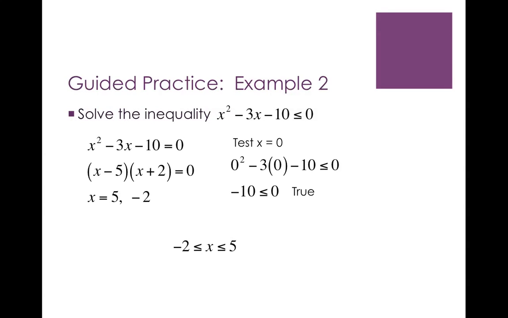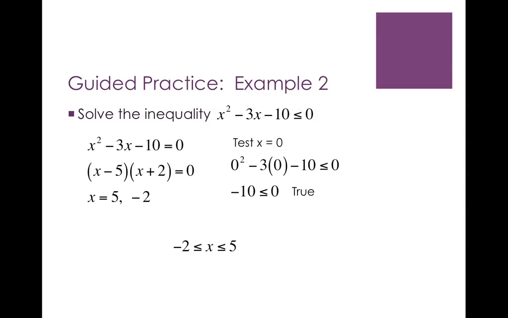Alright, so if we go through his process, we first need to take a look at our function of x, x squared minus 3x minus 10, and figure out the roots when that is equal to 0. So that would factor to x minus 5 times x plus 2, which would make the roots positive 5 and negative 2. So if I pick an x value between those two, like 0, I can test the 0